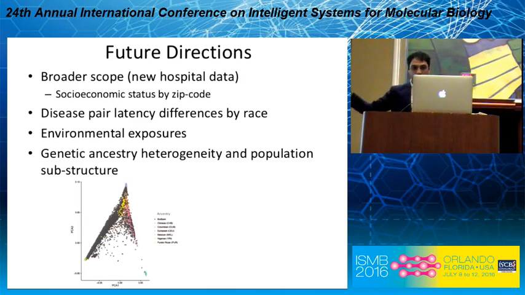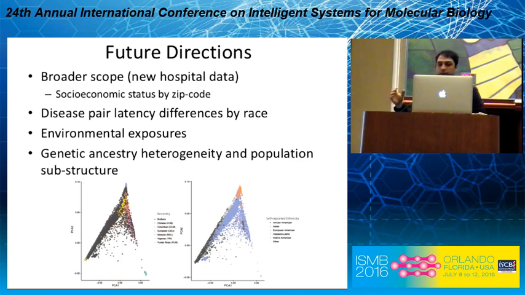And I did a PCA analysis where I'm separating the population between the first and second PC, and I've overlaid the 1,000 Genomes reference panel. It's very hard to see, but European Americans are at the top, Han Chinese are on the bottom right, and Nigerians are on the bottom left. And what's really apparent, if I map the self-reported race from our population, and this is well known, is that the African Americans have a lot of variation along the axis in terms of their proportion of African ancestry.